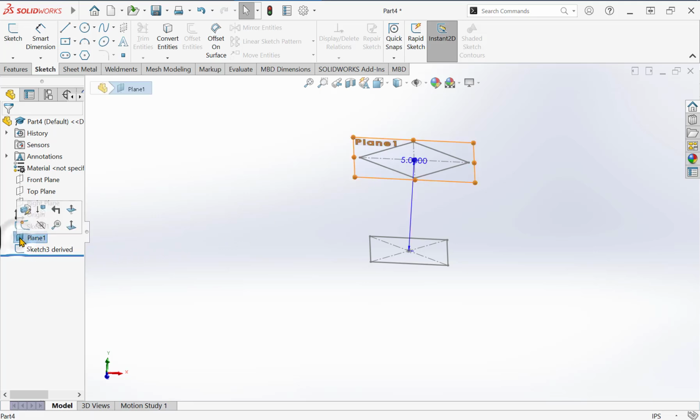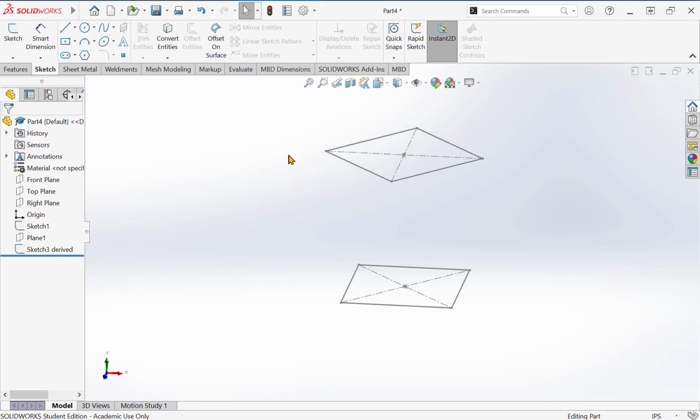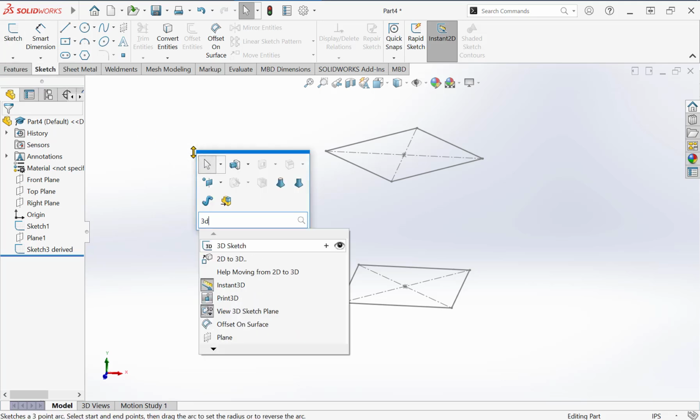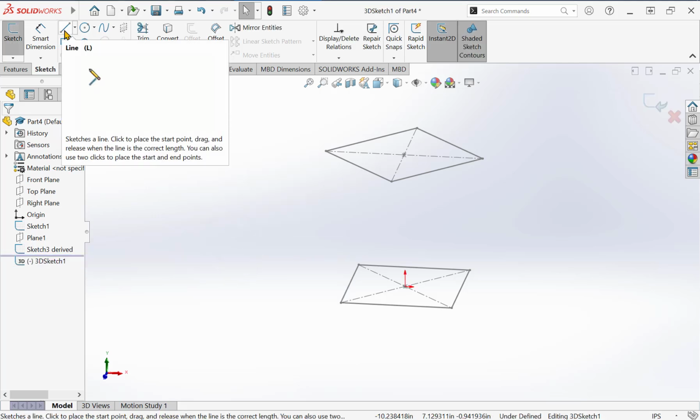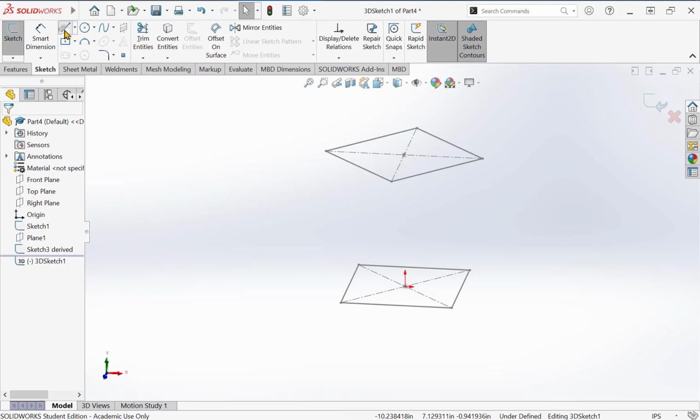I'll click once on this plane and the eyeball will hide that plane. We don't need to see the actual plane anymore. We know it's there. The next thing is I can pull down sketch and get to 3D sketch, or hit the S key and type in 3D, and here's our 3D sketch here. What I'd like to do is see if I can get a planar sketch out of this. So let's click